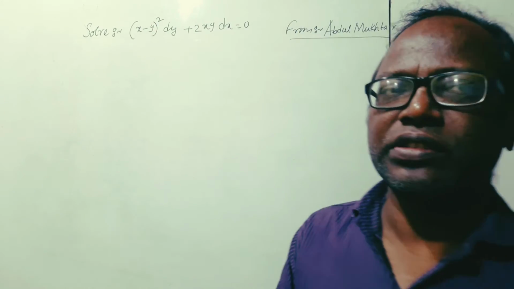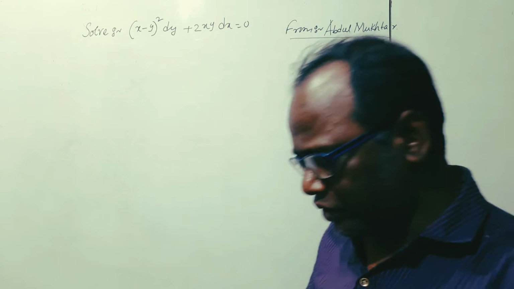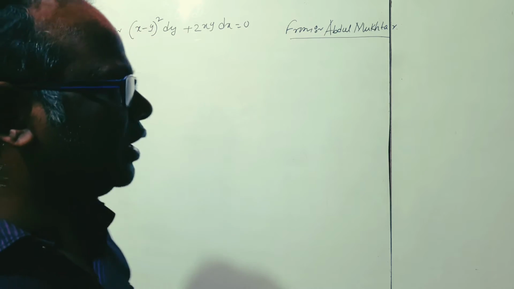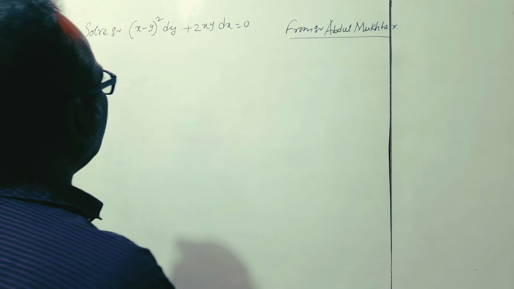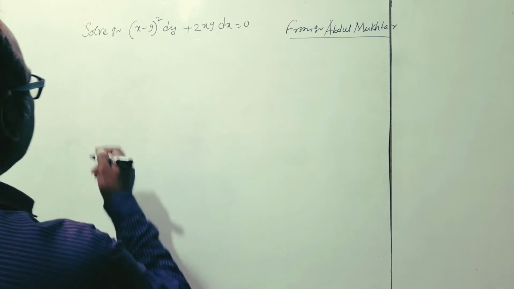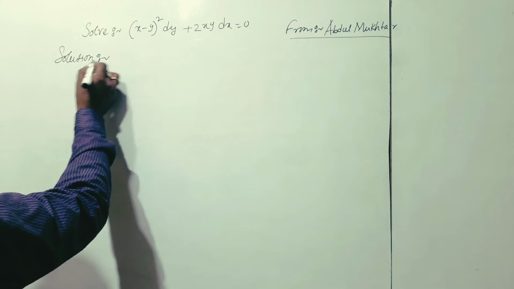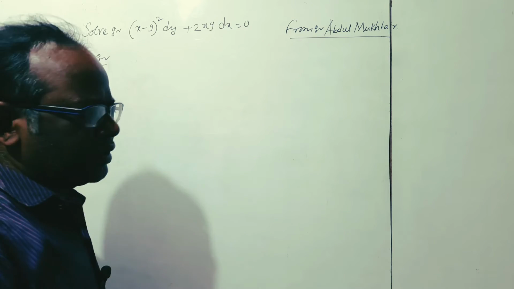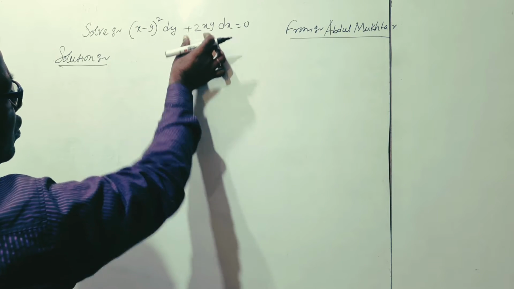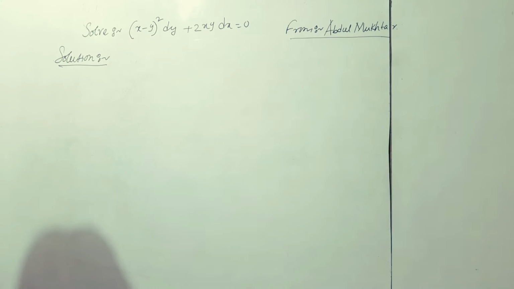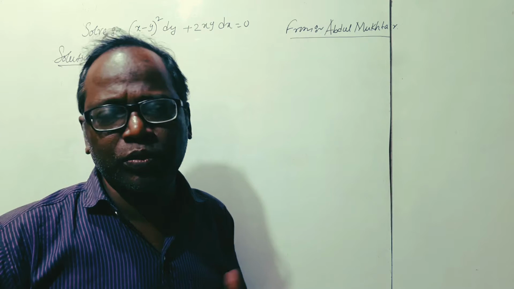Here is the problem of differential equation, and this form is called the homogeneous differential equation. For that, let us assume y equal to vx. Actually, this type of differential is called homogeneous when the degree of this is 2 and the degree of xy is also 2. It can be expressed as a function of y by x. The total expression can be expressed in terms of y by x. Then in place of y by x, we put v.